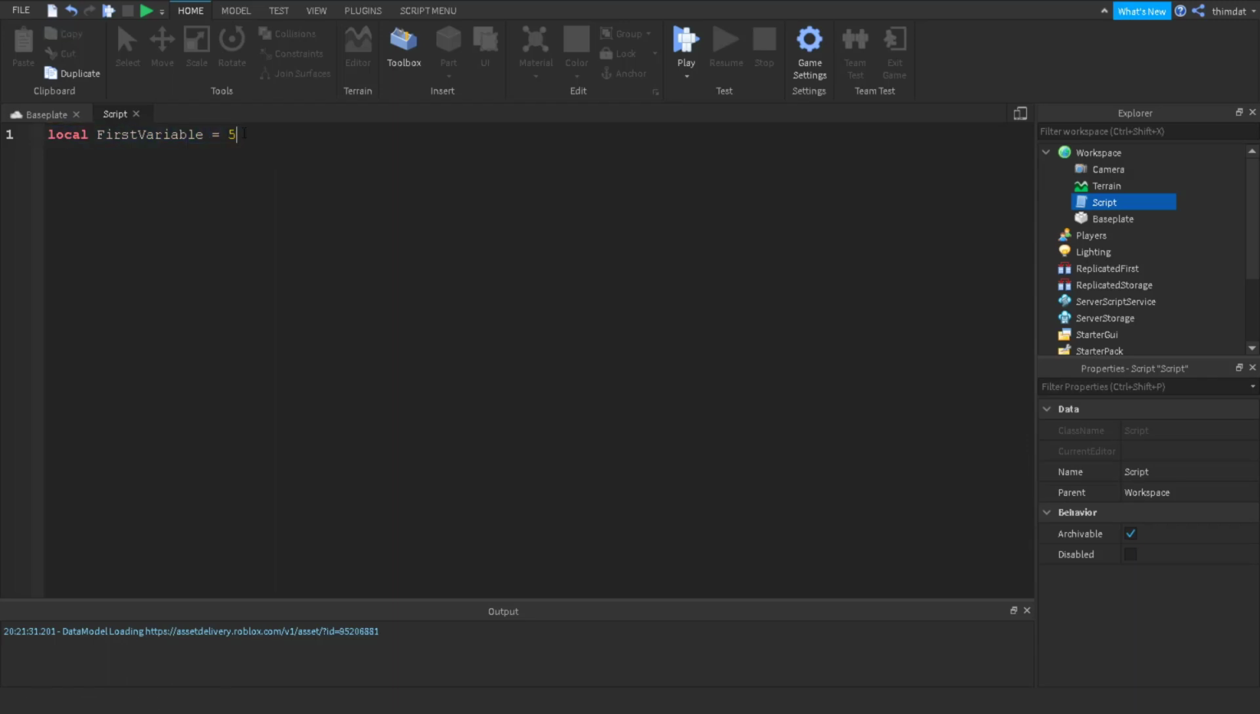Now we have to print it. Printing is basically you just write a text or something in the output. It doesn't do anything to your game. It just helps you find errors in your scripts easier. So let's press enter,